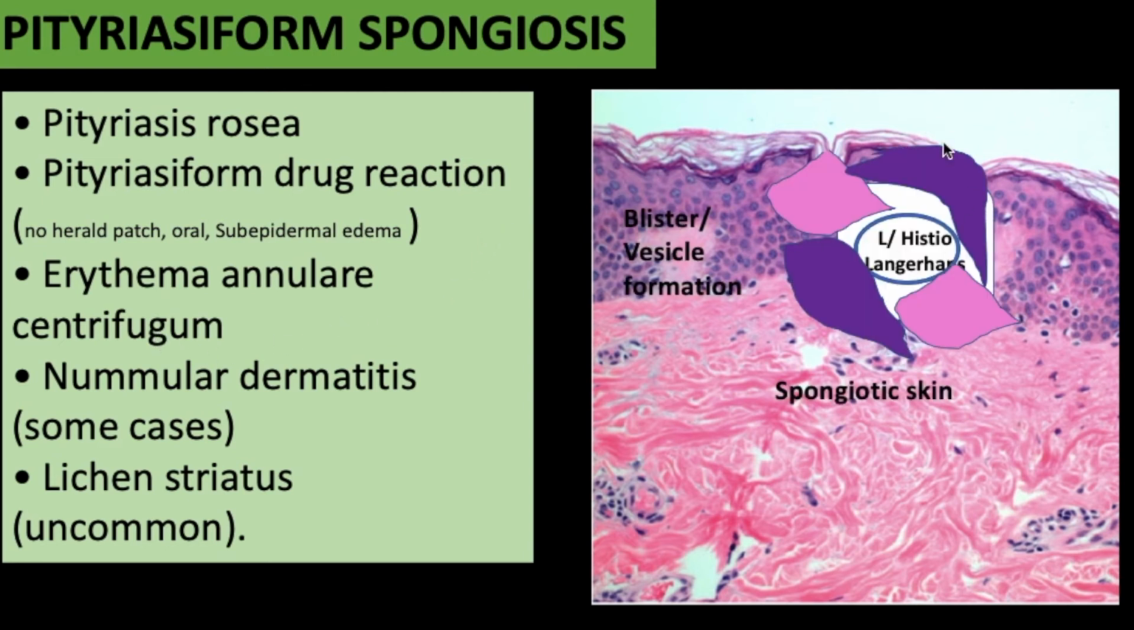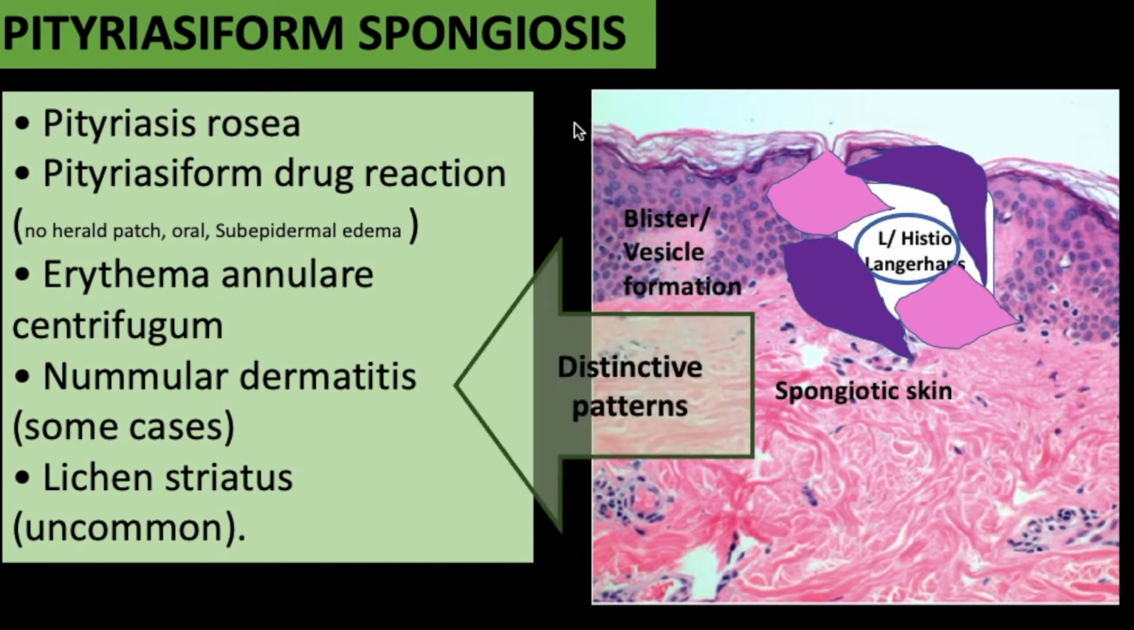remember that when you see a vesicle or blister formation in pityriasiform spongiosis, always look inside. You will see lymphocytes, histiocytes, and Langerhans cells, and after that you can make the different specific diagnosis. When you think of pityriasiform, check the clinical history because usually these are scaly lesions, and in the clinical history, the clinician will mention that there are scaly lesions